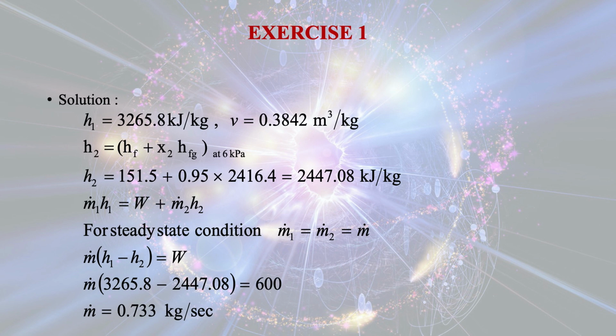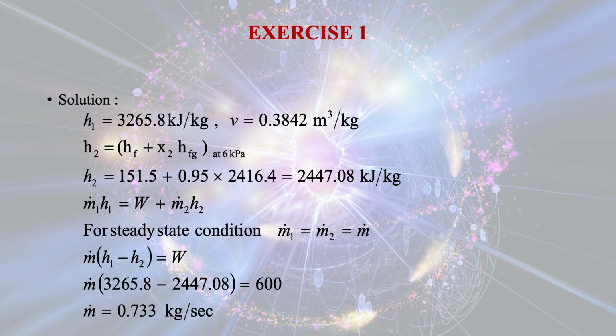At the exit of the steam from the turbine, that is at state 2, h2 is hf plus x2 hfg. hf is the enthalpy at the liquid line at pressure 6 kilopascal and hfg will be the value of the latent heat at pressure 6 kilopascal. All these values of hf and hfg you will get from the steam table. So you can very easily calculate h2,